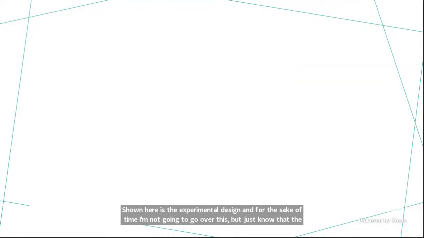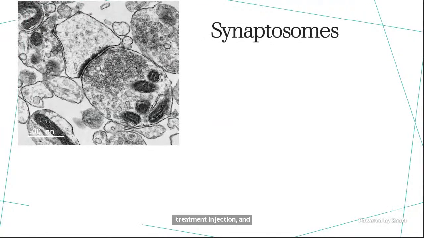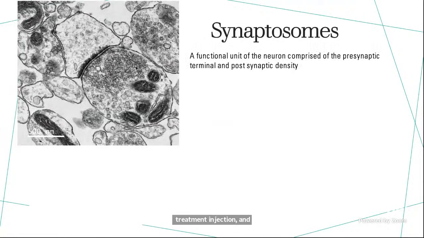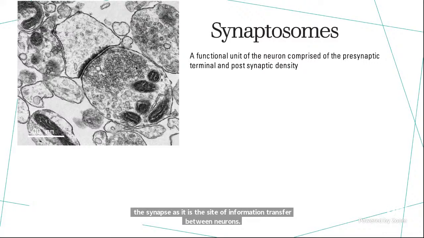From these sex-specific behavioral changes, we wanted to determine the origin of these changes. We chose to focus on the synapse, as it is the site of information transfer between neurons. More specifically, we isolated synaptosomes, a functional unit of the neuron comprised of the pre- and postsynaptic terminals. The coolest thing about synaptosomes is that they maintain full energetic function and neurotransmission, which allows us to probe synaptic